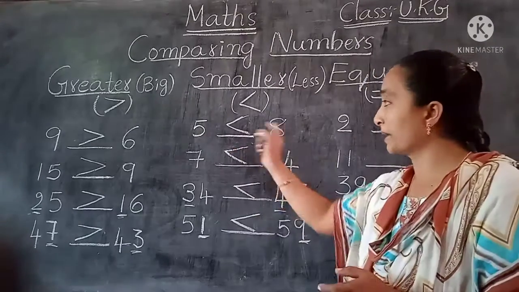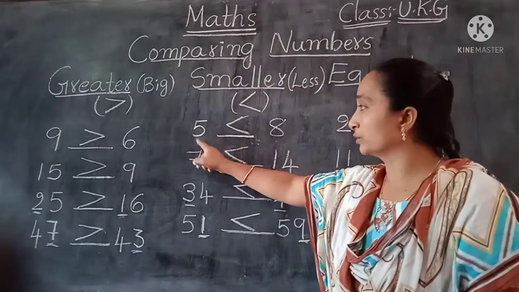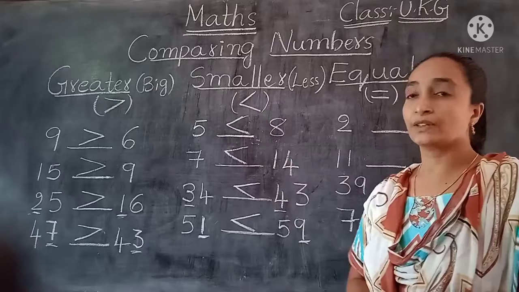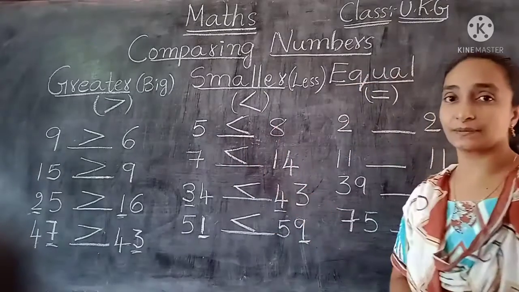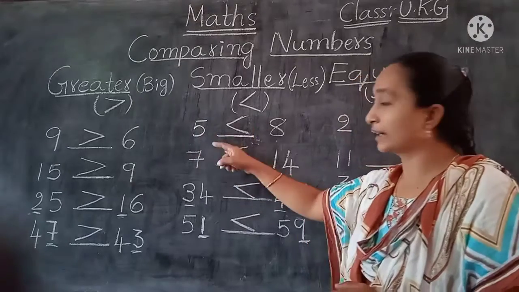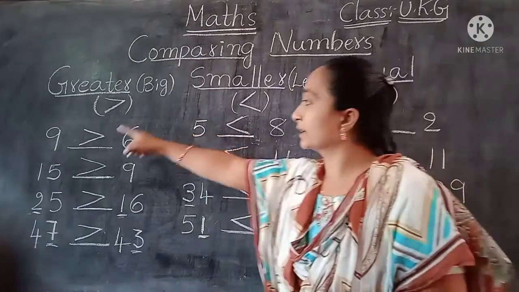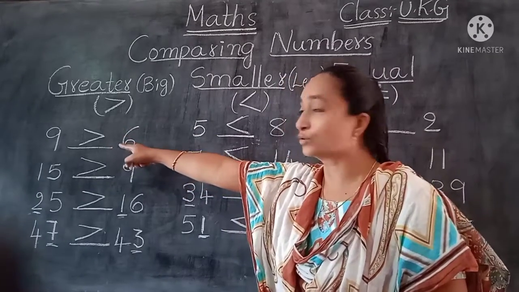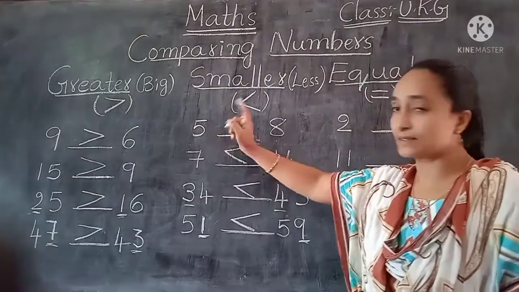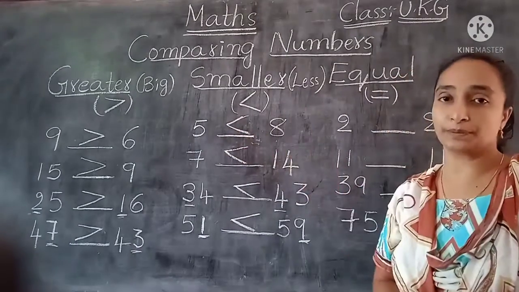Okay. So first we are comparing these two. So first we have to identify this one. According to this, we can keep the symbols. So how? In this way. Suppose here 5 and here 8. So we have to check whether this number is greater than this number or less than this number. Suppose this number is greater than that number, then that symbol we have to keep, the greater than symbol. Okay. Suppose this side number is less than that number, so we have to keep the less than symbol.